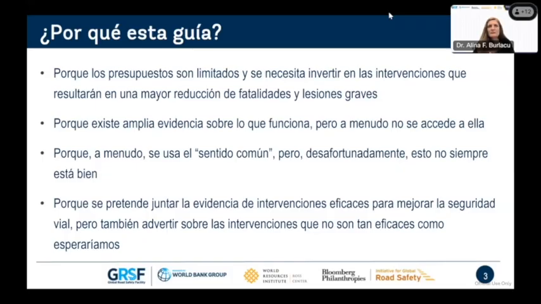And they are not necessarily based on common sense, but they are backed by research. We know that they are proven to help improve road safety. And it's really important also, as I mentioned, to have all the evidence together and channelized and have a better idea on what is the impact we can expect by just implementing one or two measures or a set of measures.